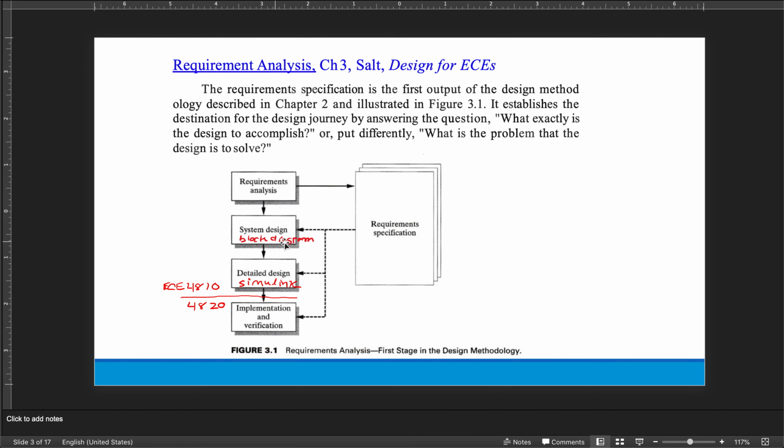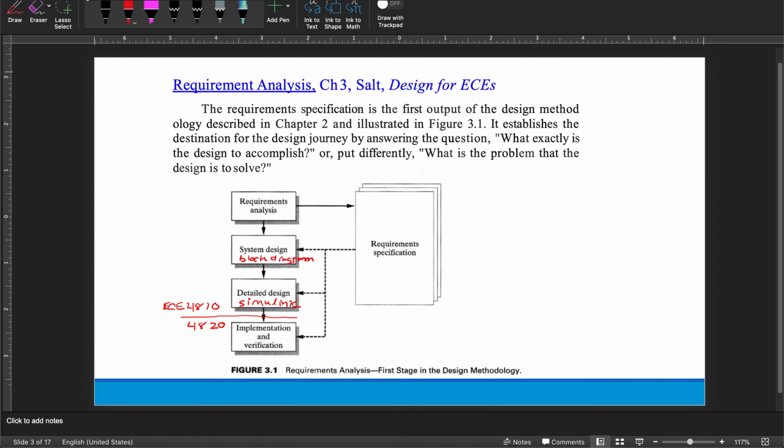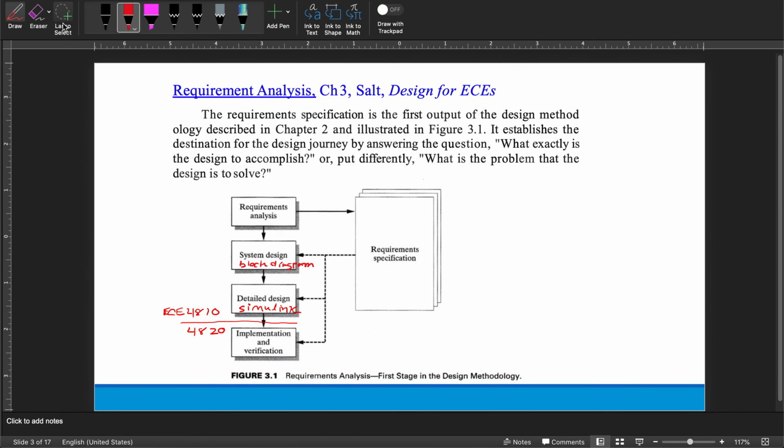The next step is to do the system design. Now, in that project application, I said your system design centered around a block diagram. But in general, what we're really looking at is moving the Simulink idea right here to the system design level. So we'll change it now to what you are going to do for the next part, and that feeds down into this as well. So the idea now is to move into this design,